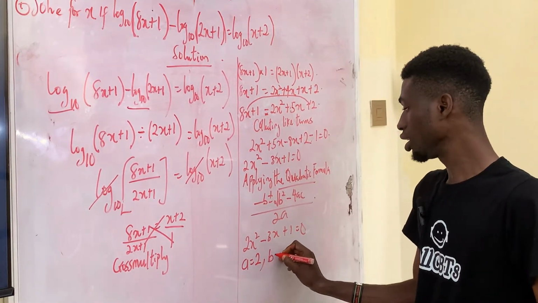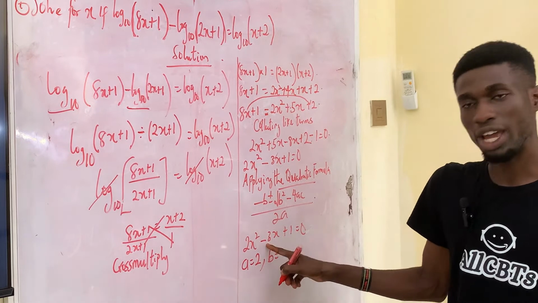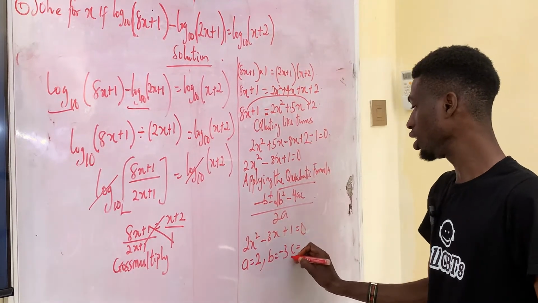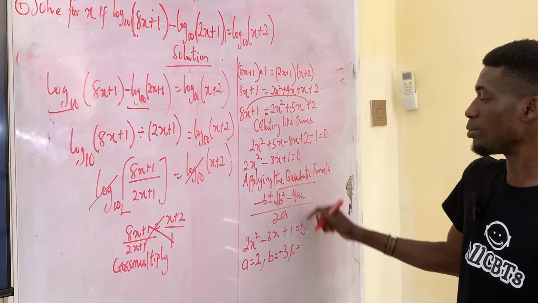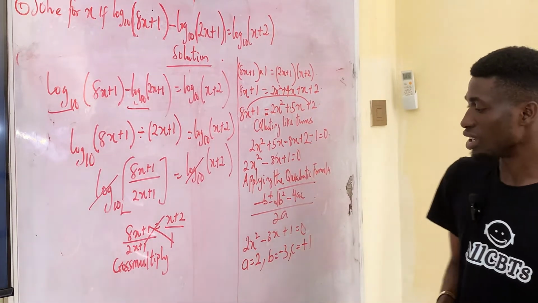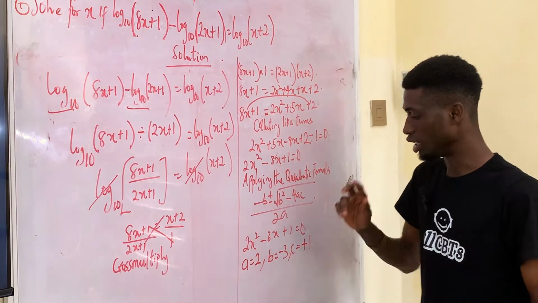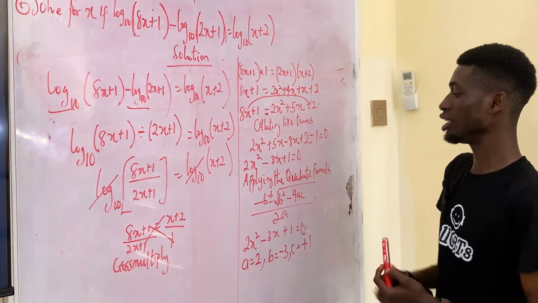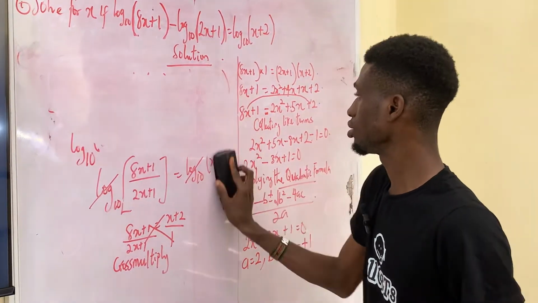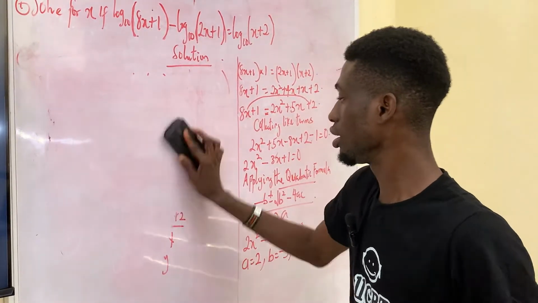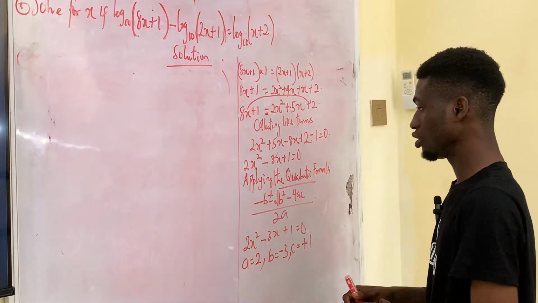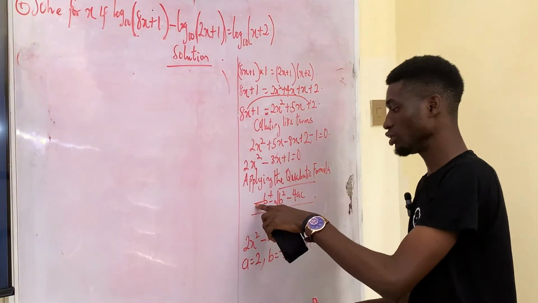Your B is the number in front of your x. Here we have it as -3. Then your C is the constant. That means the third number given to you, you have it as +1. So once you have gotten your A, your B, and your C, you can integrate it into this formula. So let's do that, so that we can get our values for what? For x. So here I have minus,